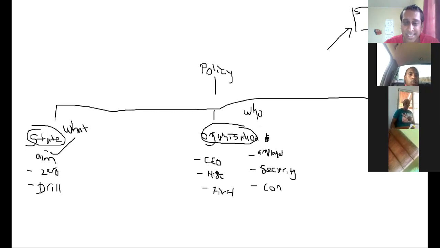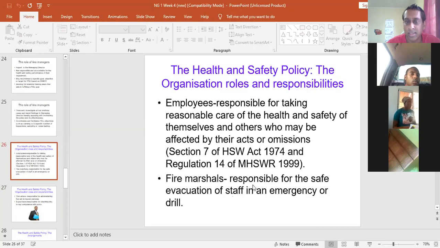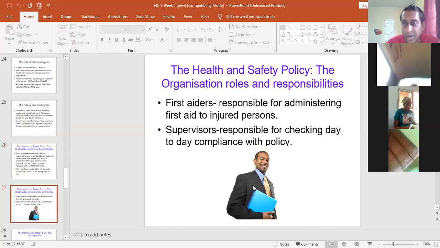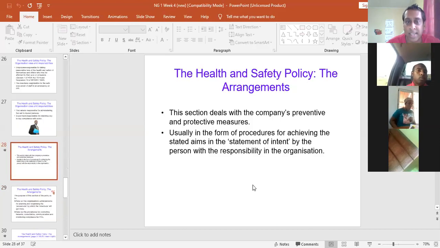So it's kind of based on where you put it, you're going to have to designate it to a responsible person, and then that is what makes up the organization, right? So if you're lost with it, just remember all of it was on this slide. I can go back and show you again. It is just pinpointed on this slide as to who is to do what, right? You'll see here the role of managers, what they have to do. You'll see here the role of employees, the role of fire marshals, the role of first aiders, the role of supervisors, etc.